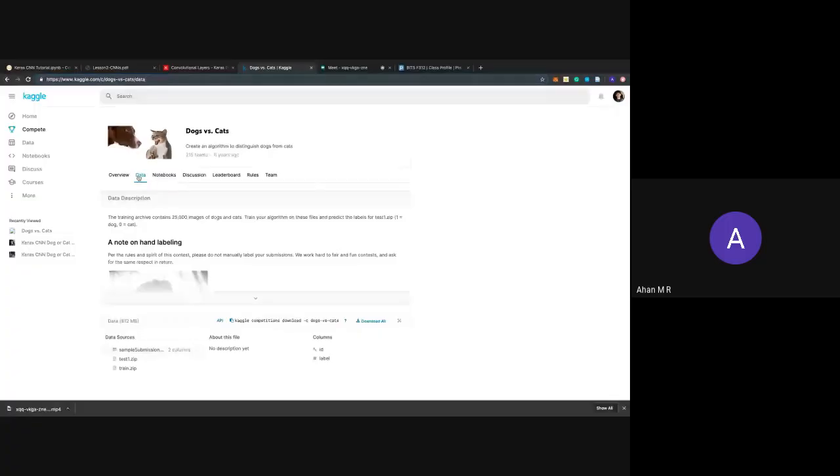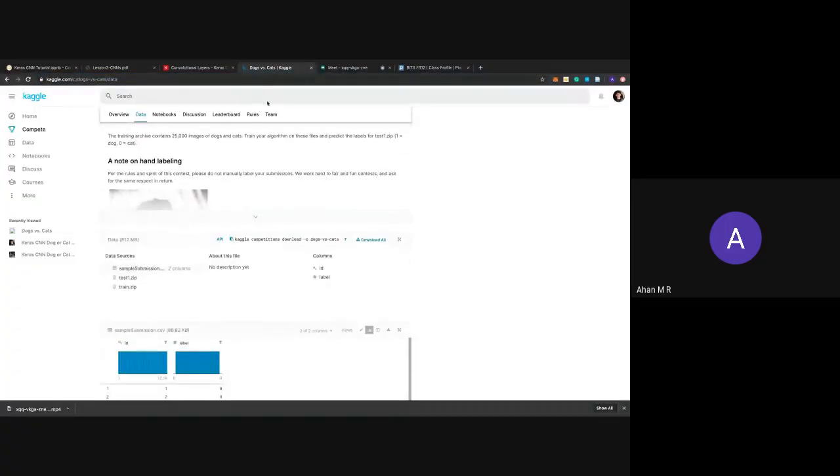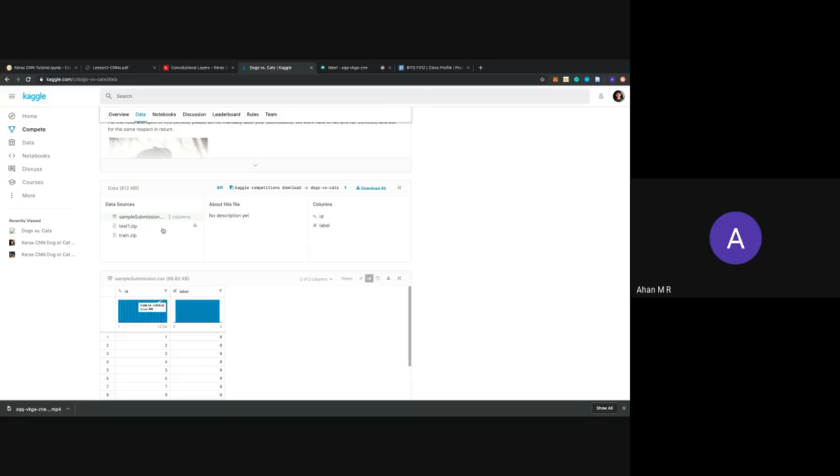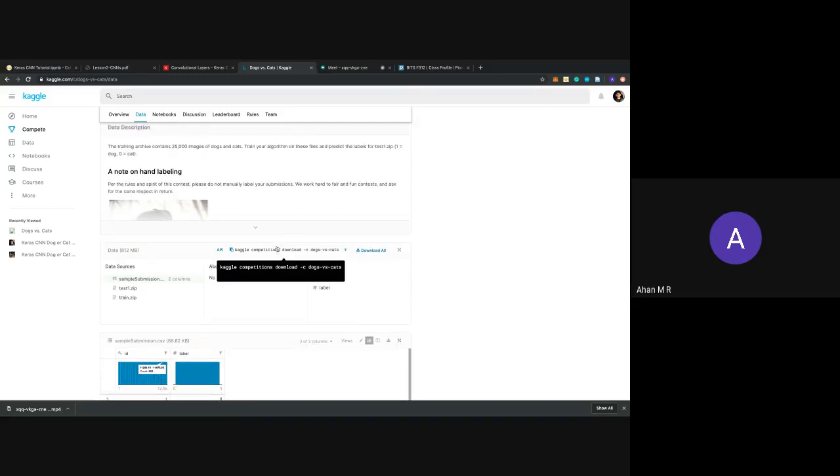If you go to this competition, if you go to the data, you usually have a prompt saying, do you want to take part in this competition, and so on. But if you want to download the data to your local machine, you can always press this download all button here, and you'll have 812 MB worth of data on your local. But if you want to use the Kaggle API and download the data directly to Colab, then you can use this command here, which I've already mentioned in your Colab. But first of all, you need to accept the entry to this competition to be able to download it.